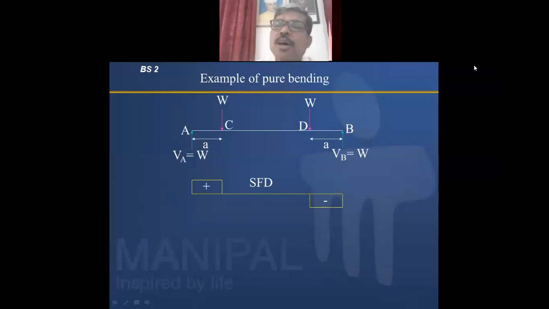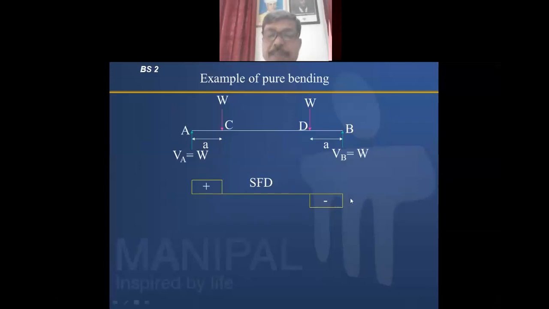So at the load on the left hand side upward, here see the cursor. If it is upward, then here it is positive, no load in between, therefore 0. Then here it will be negative because this W is forming negative shear force on the beam. So here again, if you are going to see just right of B, then you will get 0 shear force at the end.